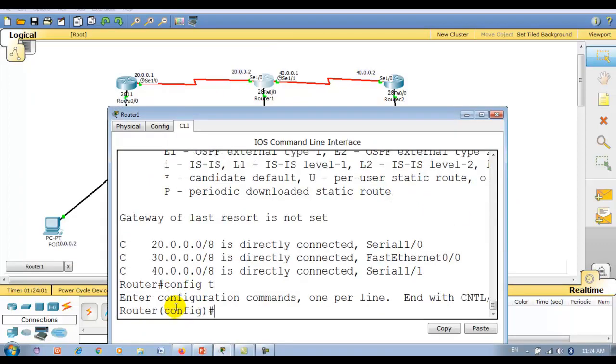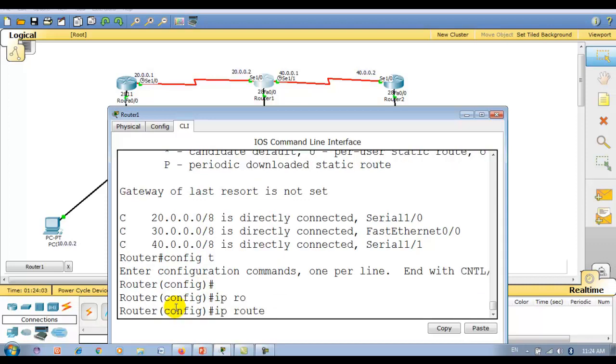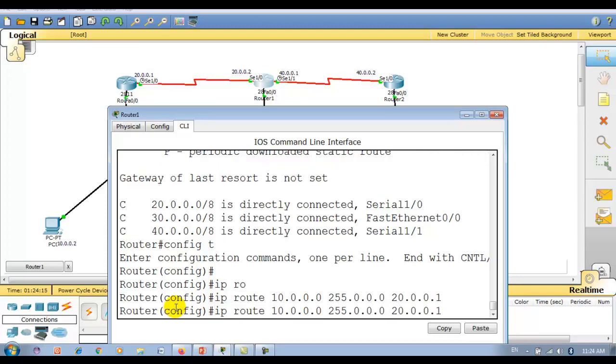So config T, IP route, destination address, destination subnet mask, and entry point or next hop IP address. Let me press the up arrow key. Then 50.0.0.0, and the entry point 40.0.0.2.